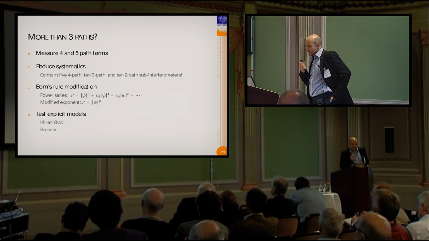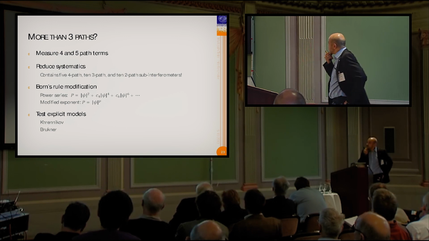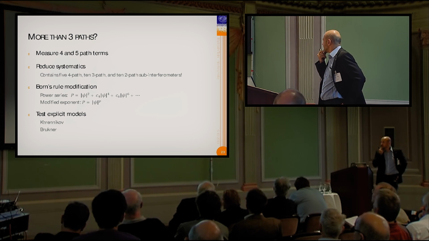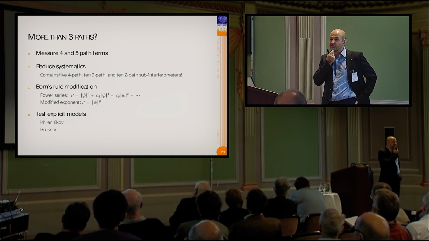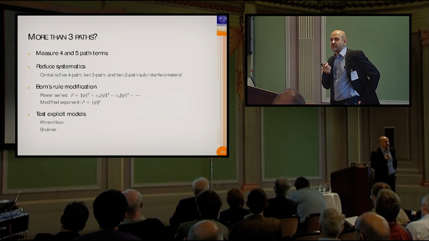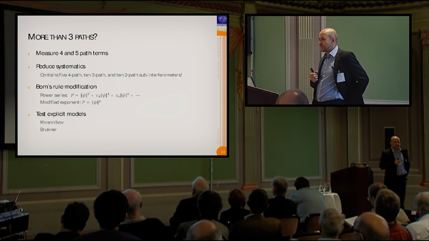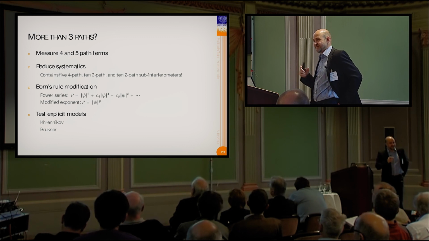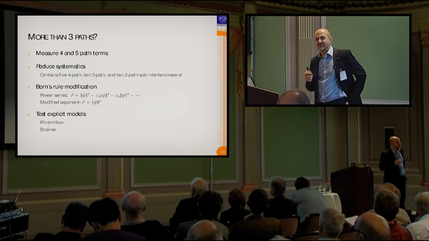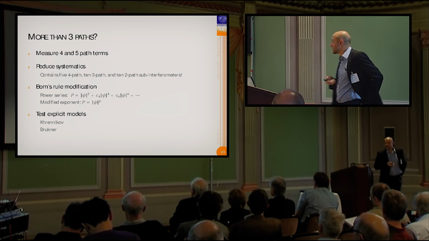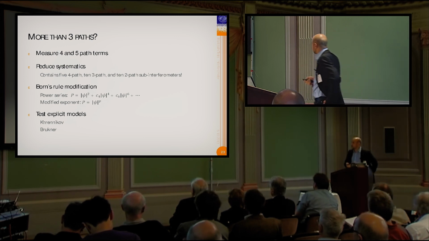But it turns out it has one nice side effect, and that is that this 5-path interferometer contains 5 4-path, 10 3-path, and 10 2-path sub-interferometers. And now you think, well, this is kind of redundant, and redundancy is good, right? Because if there's any systematic effect, maybe one of the shutters doesn't operate well, you will notice it. It will not fool you into a false positive.